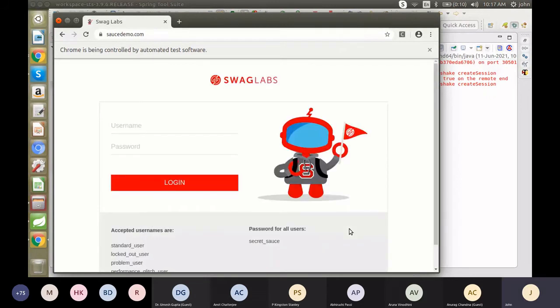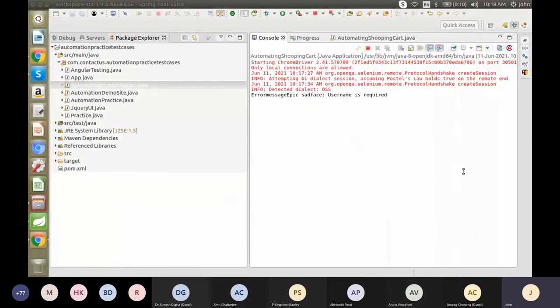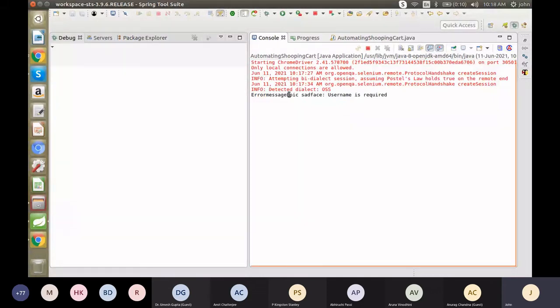So it is loaded. Then we'll go to our code. I think we missed this message. So it is printing a partial text, so we have to give the full name.